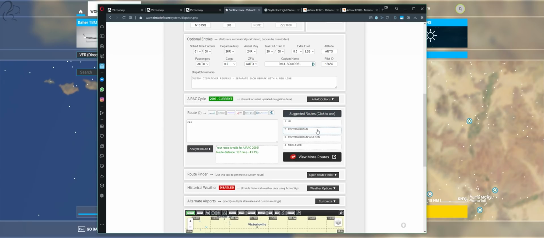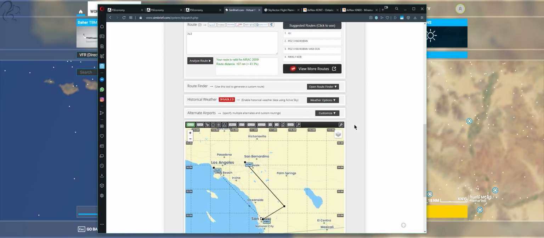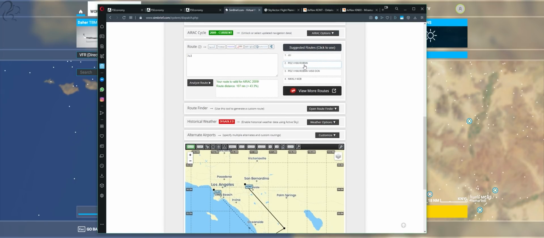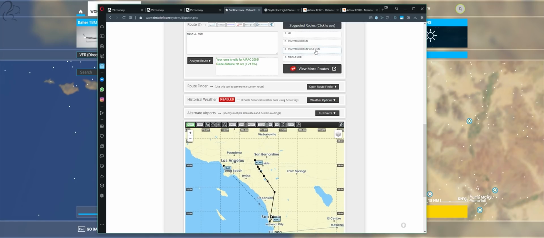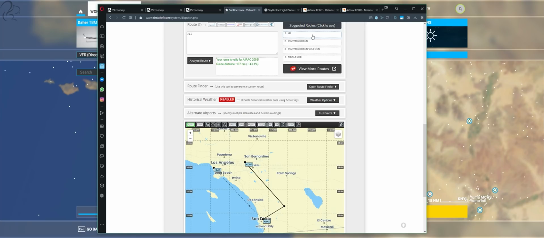Now, it's suggesting some routes down here, look. The most basic one it's suggesting is just direct to JLI. JLI, if you hover over it, is a VOR station. So it's saying, oh, we're just going to fly direct to JLI. Another one would be, say, that one. That would go in via the Paradise. I think it's the Paradise VOR, that one. Yeah, there's a Paradise VOR. Then down the V186 way to Robin. Robin is a waypoint down here, so that's another one. That's a crazy one. There's various ways in,